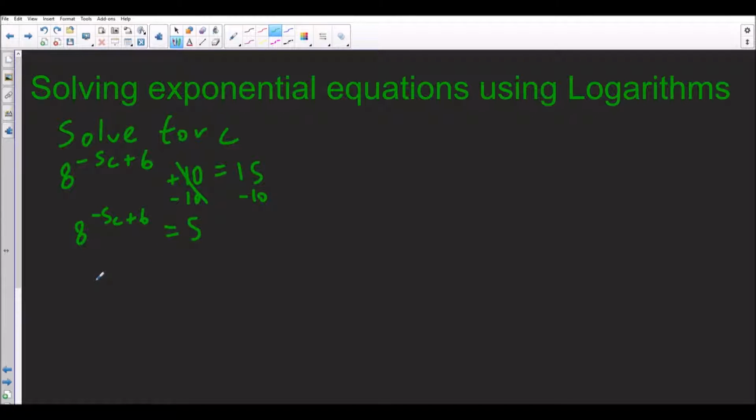So we're going to have 8 as our base. So we're going to have log of 8, and our number is going to be 5, is equal to negative 5c plus 6. Now, we can actually figure out what this is because it's just log of 5 divided by log of 8, right? So that's equal to negative 5c plus 6. And let's get rid of this 6. Let's move it to the other side. So we're going to say minus 6,